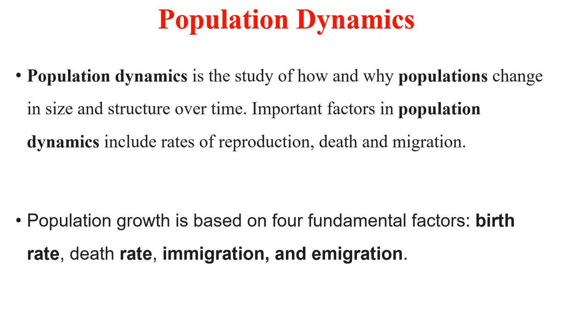Then the third one, that is population dispersion, spatial patterns which are inhabited by the particular animal. The last one, that is the fourth one, is the age structure, that is proportion of individuals in each age group within a population. These are the dynamics, actually, which change due to these factors.